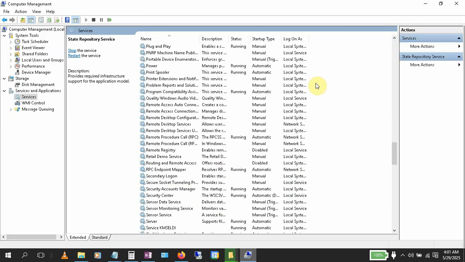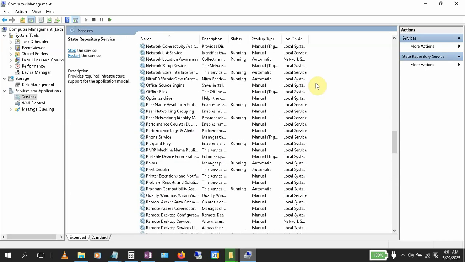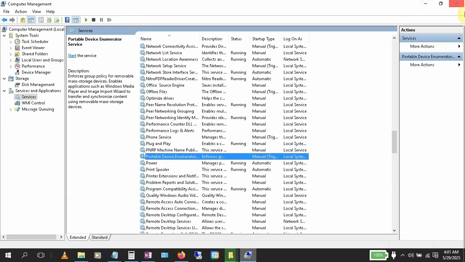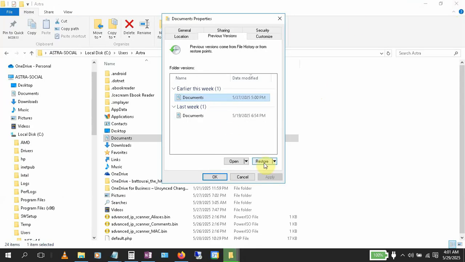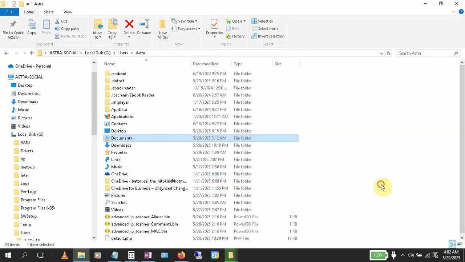That's strange. I need to really investigate that. So that's more knowledge for me to learn. But yeah, you would have clicked restore, and then it would have restored to this date. Today is the 29th. I would have lost all the work that I did between the 27th and the 29th,